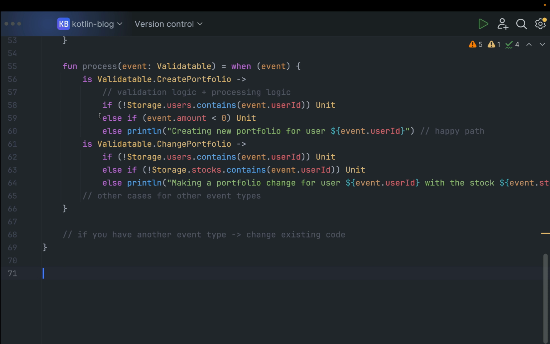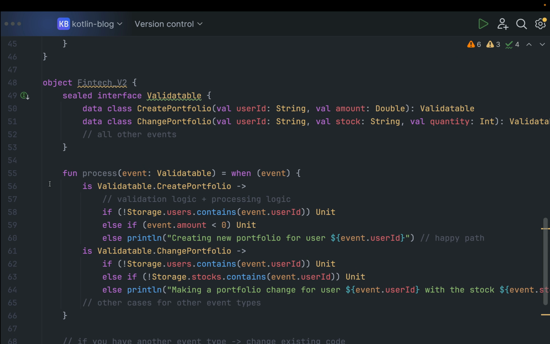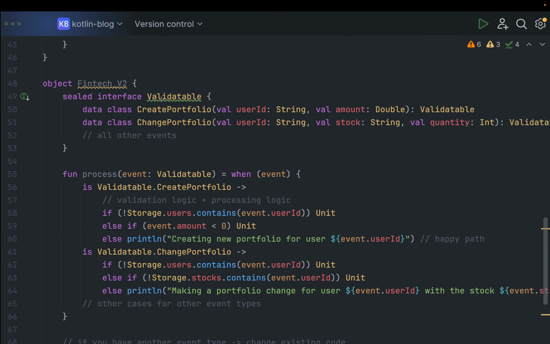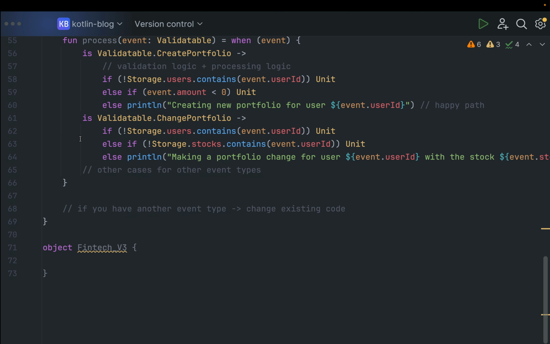So I'm going to create another object. I'm going to call this fintech version 3 in this case. So the code organization in this fintech version 2 is completely different from the organization of fintech version 1. And likewise, fintech version 3 will take this from scratch. So we're going to use some of the logic here, or some of the ideas in fintech version 2. So I'm going to define an interface validatable, but I'm not going to define the data classes themselves here, but rather I'm going to define my interface,